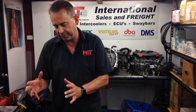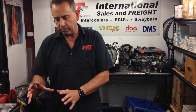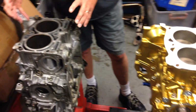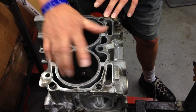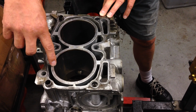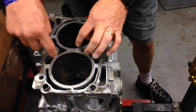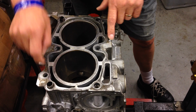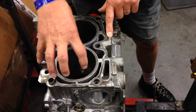Now, we've spoken in the past about the differences between closed deck blocks and open deck blocks, and I encourage you to have a look at that video, but from a brevity point of view, with the 2.5 litre engine, they're effectively an open deck block, and this part of the casting here, which has been machined down to put the head on, you can see is what connects the original factory Subaru bore to the outer shell, and inside here is where all the water jacket runs to cool the engine when the engine's operating, because this is all full of water. But this part here is what stabilizes the liner or the piston bore assembly when the engine